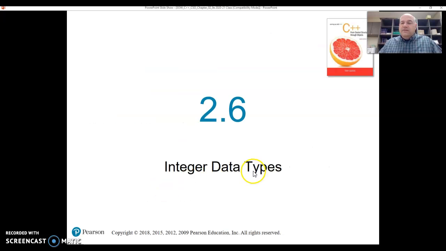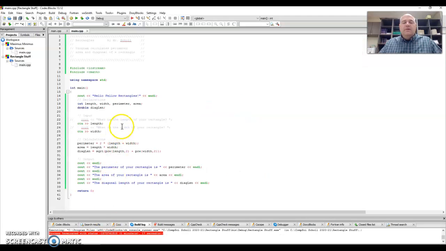Okay, so we'll get into this part of the video in the next video. But let's wrap up by looking at my project one last time. So you can see my identifiers: length, width, perimeter,